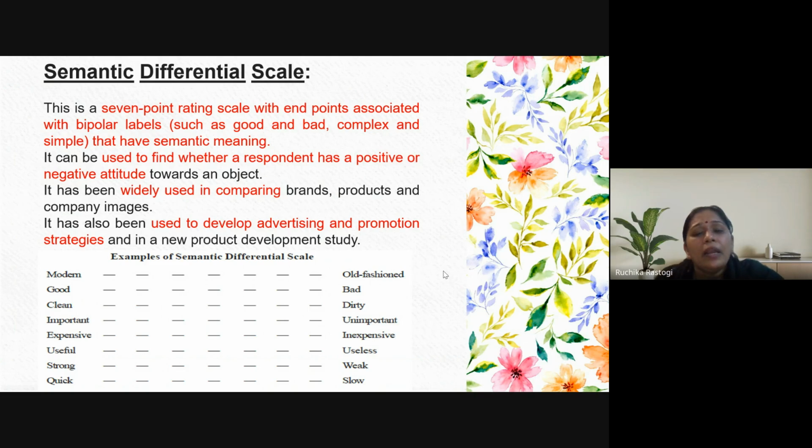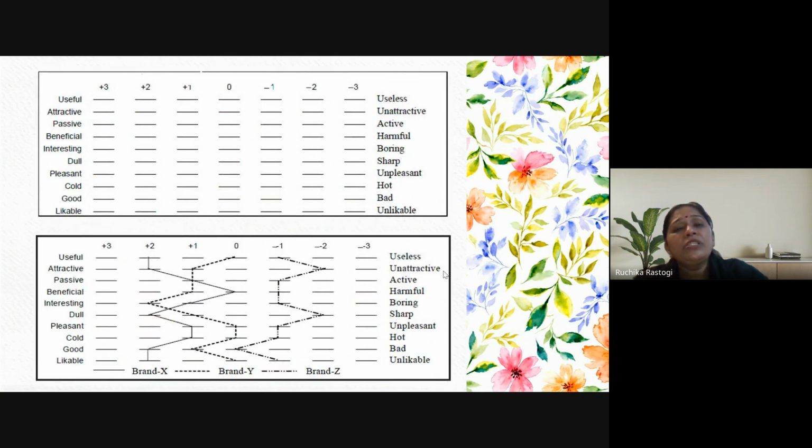Semantic differential is always a 7-point rating scale. We can't change it. So remember this thing in your mind very well. What is the meaning of 7-point? We will be pointing some numbers. When I show you this example, what are those 7 points? We have 0 in between, 3 are positive and 3 are negative. So the word which is positive, useful, is a positive word. After 0, all 3 numbers will go in a positive manner: +1, +2 and +3. Useless means it is of no use, so all 3 numbers will go negative.